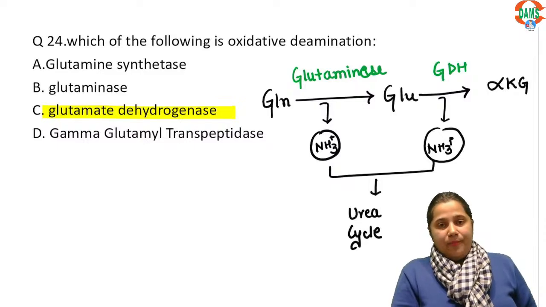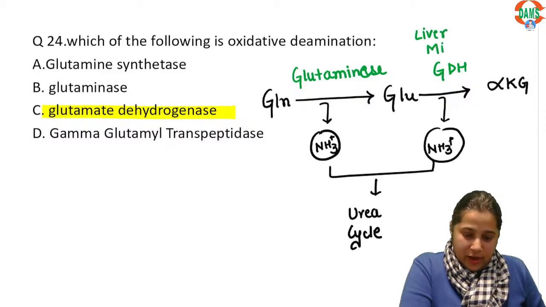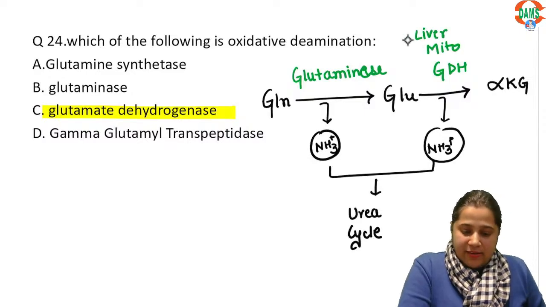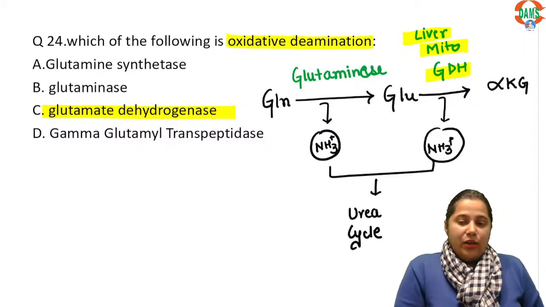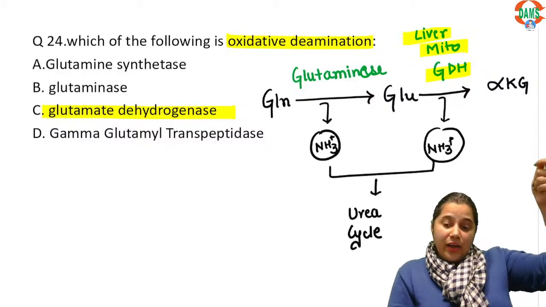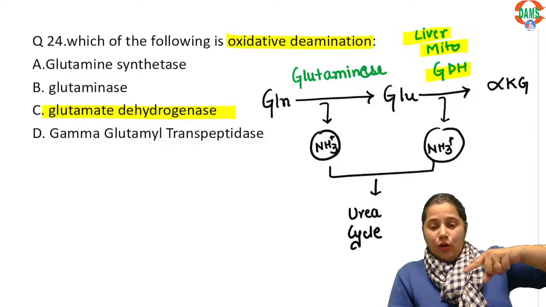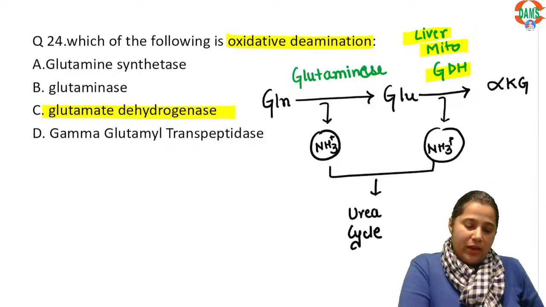Glutamate dehydrogenase is present only in liver mitochondria, and this last step is known as oxidative deamination. Only this last step, and hence starting from transamination to this oxidative deamination, all of it together is known as